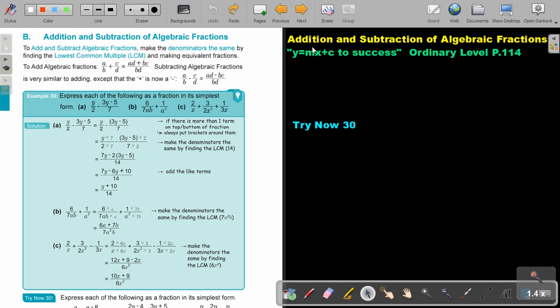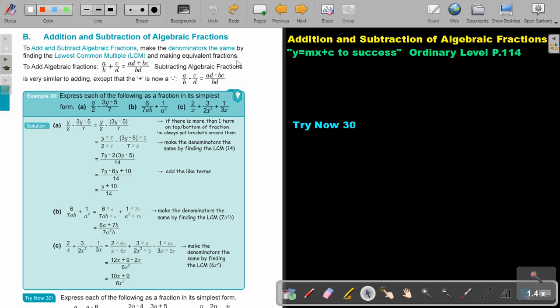In this video, we are going to focus on addition and subtraction of algebraic fractions. You will find this on page 114 in the Namibian Ordinary Level Mathematics textbook, y equals mx plus c to success. To add and subtract algebraic fractions, make the denominators the same by finding the lowest common multiple and making